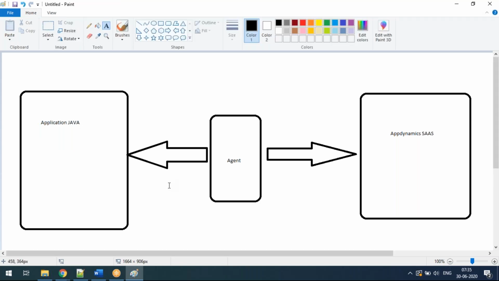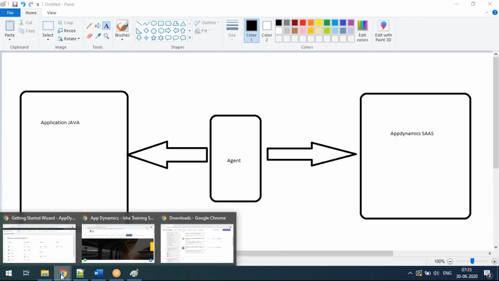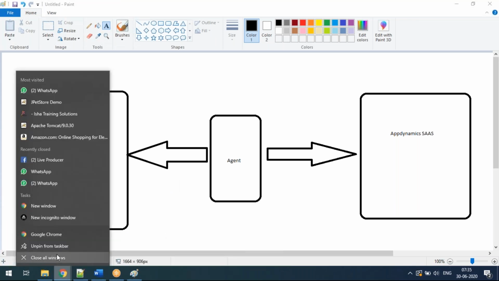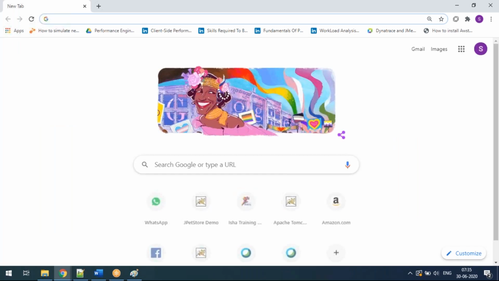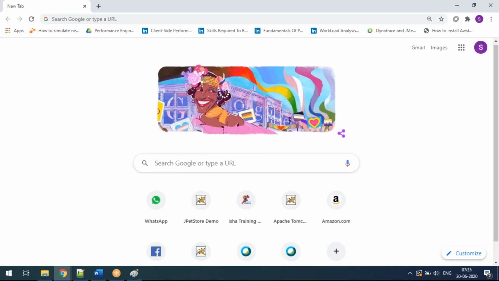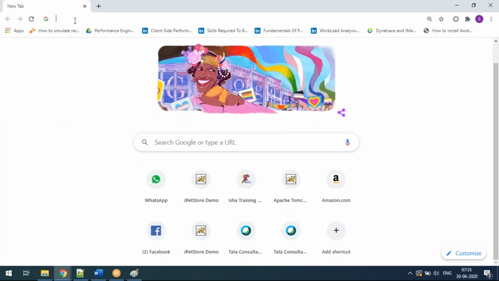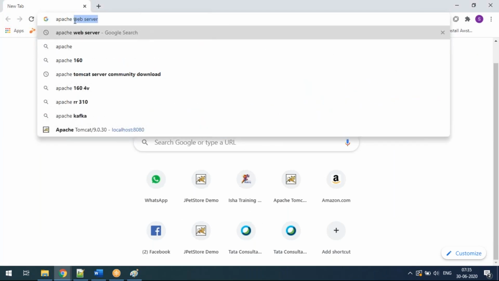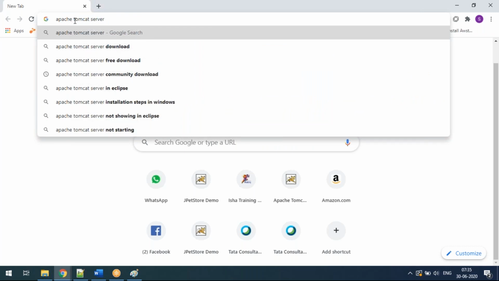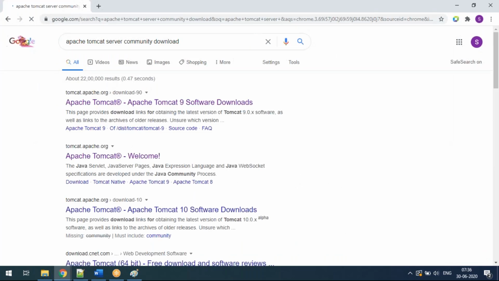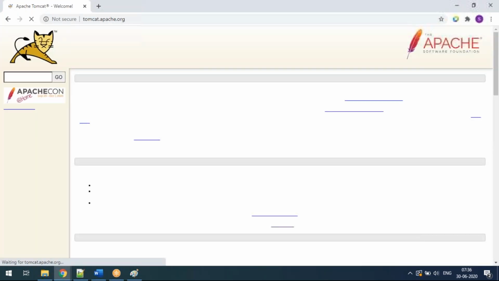First and foremost thing you have to do, guys, go to Google. Search Apache Tomcat server, community edition download. You have to go to the Apache Tomcat website.